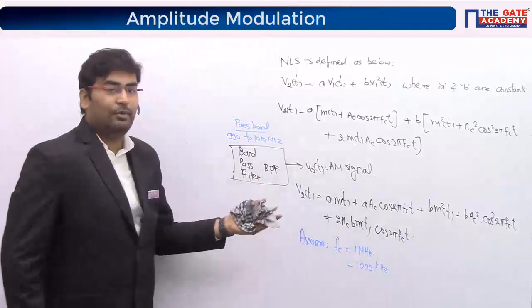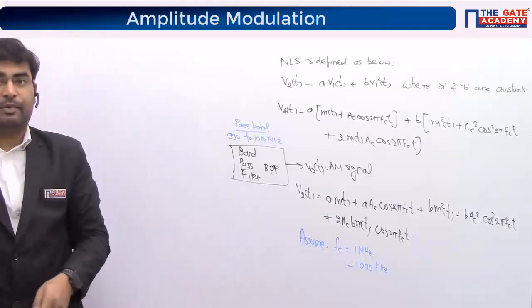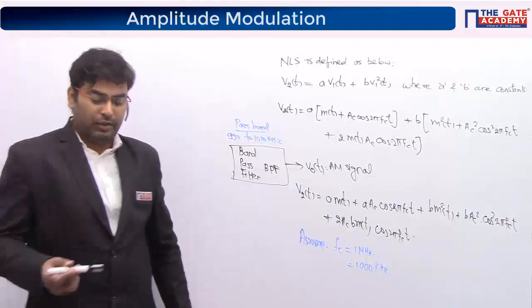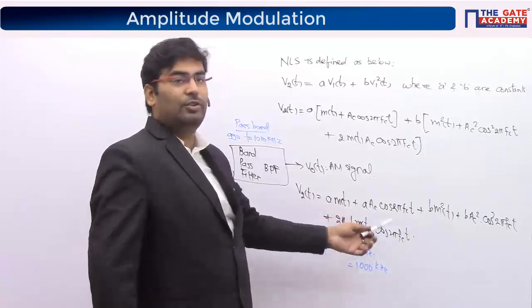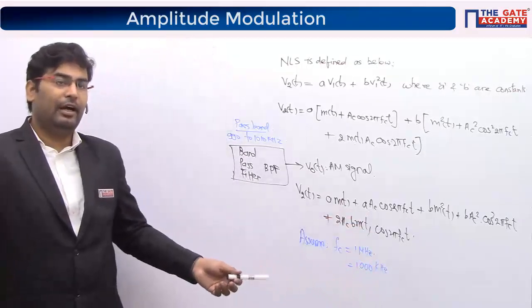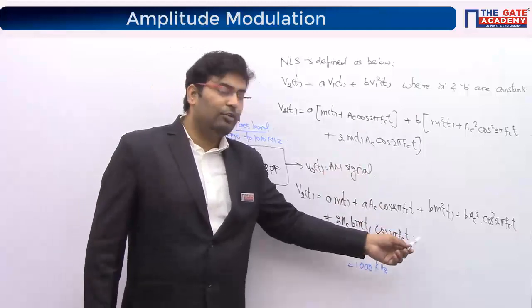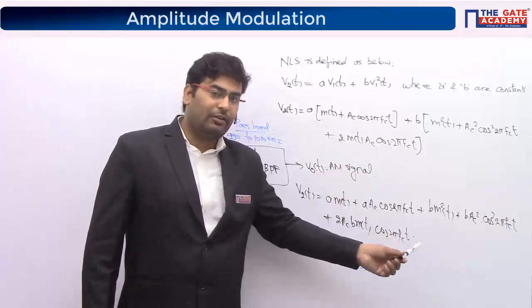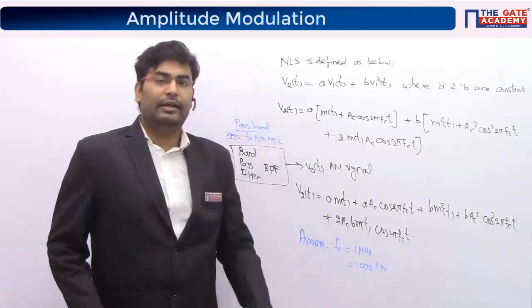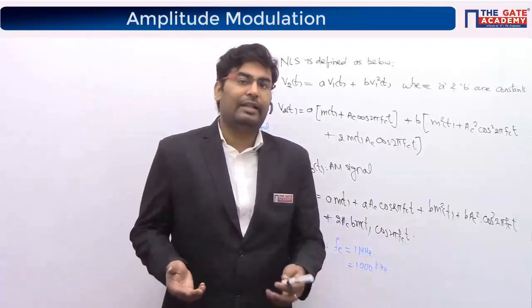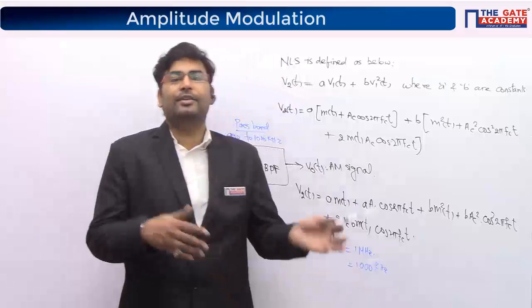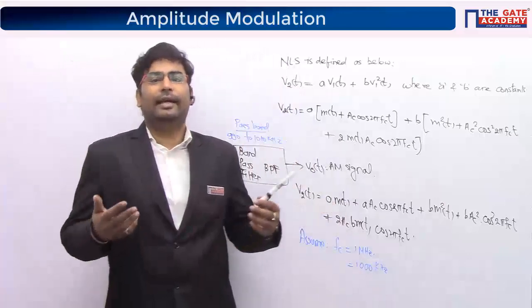Guys, intentionally I have not cleaned the band pass filter block, because you need to understand. See, there are two ways to use this and find the output. First, you transform it into the frequency domain, meaning take the Fourier transform. Then use a band pass filter and get the output, and again convert back into a time domain signal to get the AM signal.